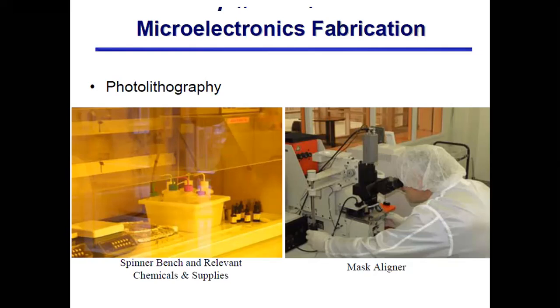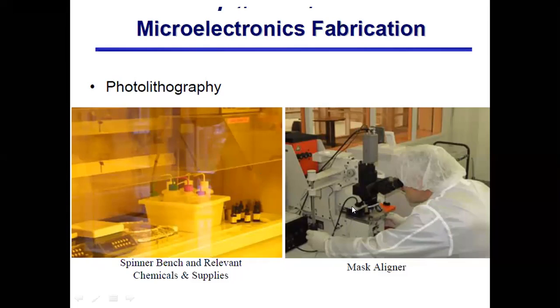In the recipe, it would be mentioned that for the soft bake, you have to keep your wafer at 120 degrees centigrade on the hot plate or inside the oven for 1 minute. We do this so that the water vapors in your photoresist evaporate and it gets a little bit hard. We call it soft baking. We do it because next we have to use the wafer inside the mask